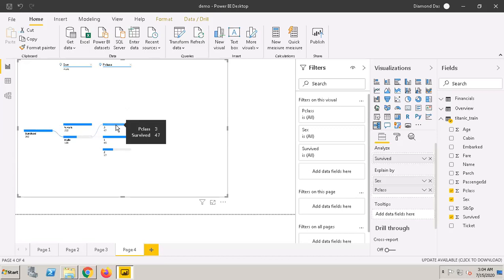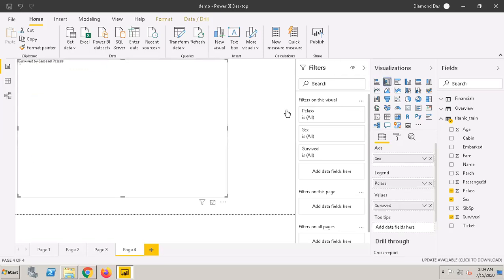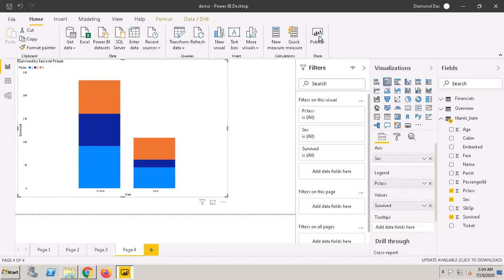So this is what I've just shown you as a part of a demo of some basic analysis, but there are plenty of other things we can also do. If I want to change the visual, I can use either of these tools. So I can quickly go ahead and make these changes. Once I complete my changes, I can go ahead and publish my reports.